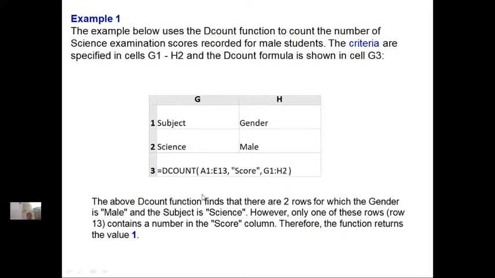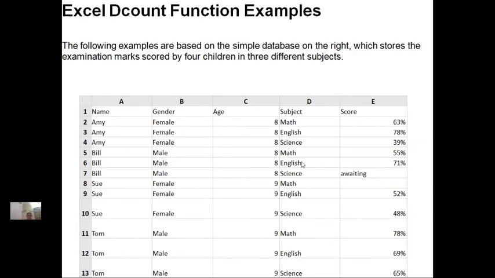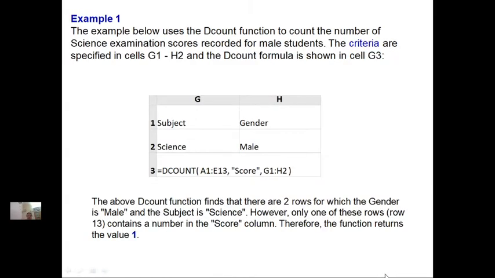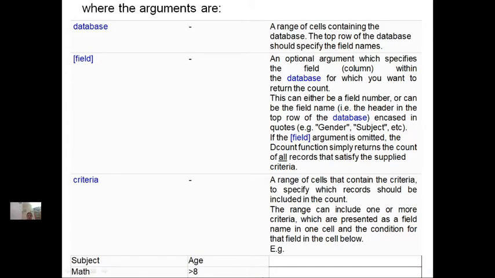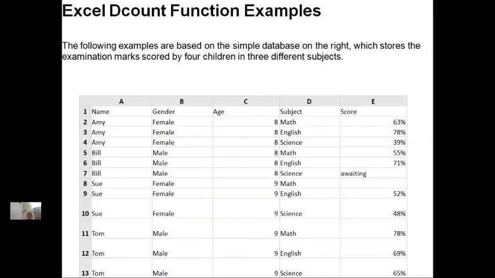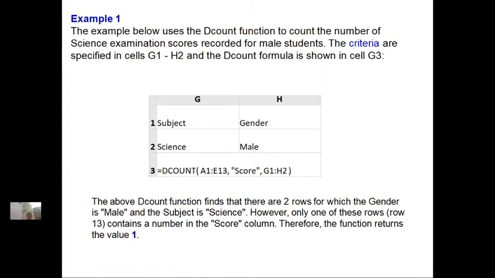So he is saying DCOUNT, open the bracket, A1 to E13. He is taking the complete data in the Excel sheet and checking with the field. What is the field? Score. Here this is the field.